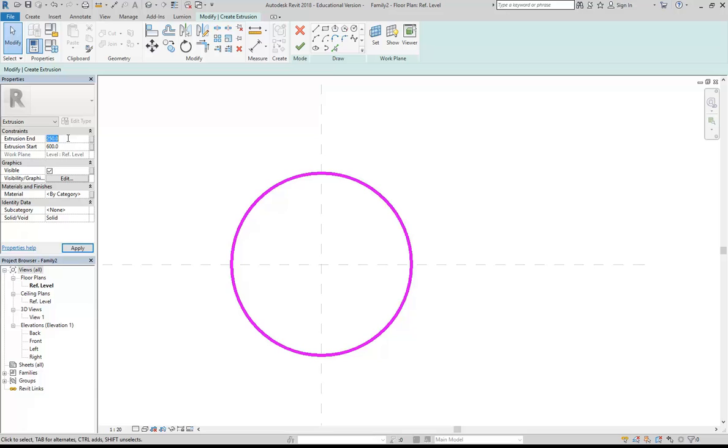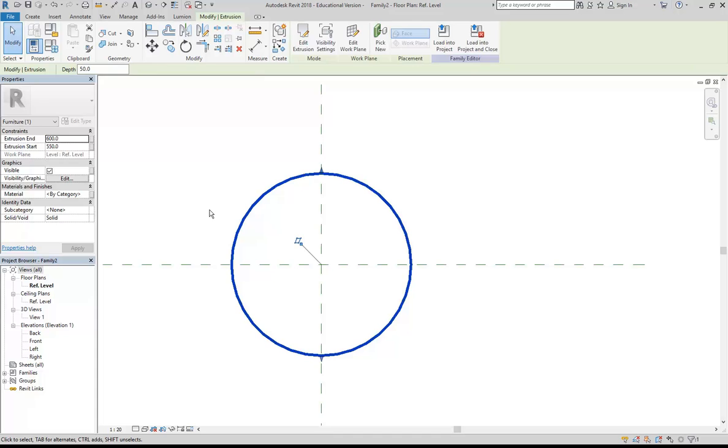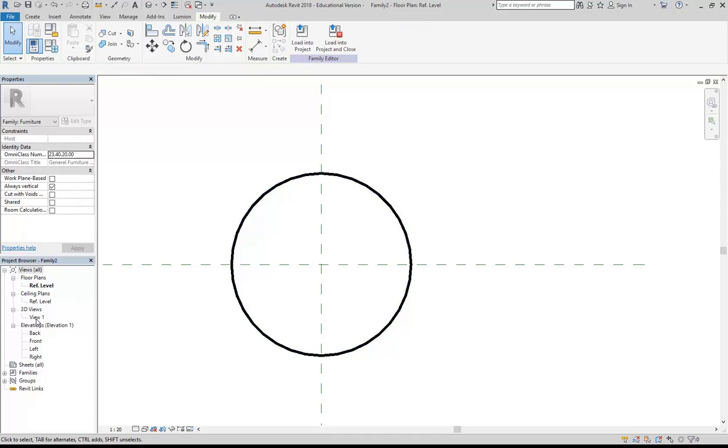Oh, sorry, not the start. I'm going to type that in the end. So 600 for the extrusion end. So that's the top of my table. And so then I'm going to make the extrusion start 550. So it starts at 550, it goes up to 600, so that means it's going to be 50 mil deep or thick. So if I finish that now, I've made a simple extrusion, of course,